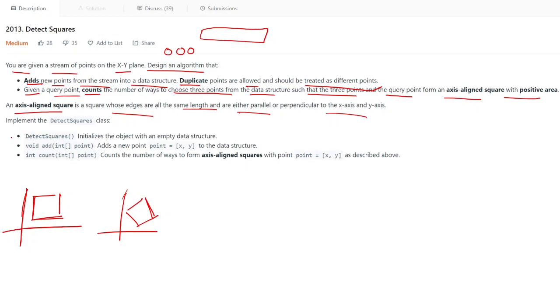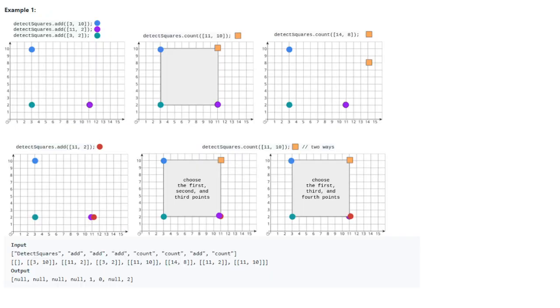Now you are given a class and it has a constructor and these two methods. This add method will add the particular point that is provided by the stream. You can see a first point, and this count, what it will do, this is the provided the second point. So let's see how to approach this problem, and before that we'll see the example that they have provided. Okay, so here what they have done is they have called this method add 3 times. So they have added 3 values here, you can see. Now on the fourth one they have called the count.